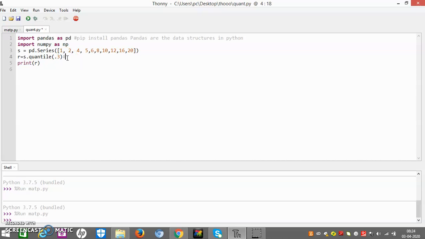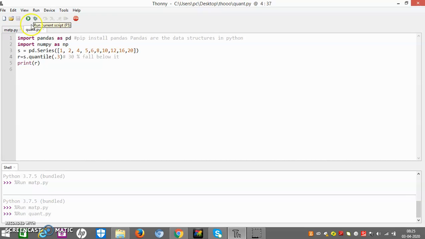I will write it here for your convenience: 30% fall below it. Quantile means the number of elements from the series which fall 30% below it. Let me see the answer.